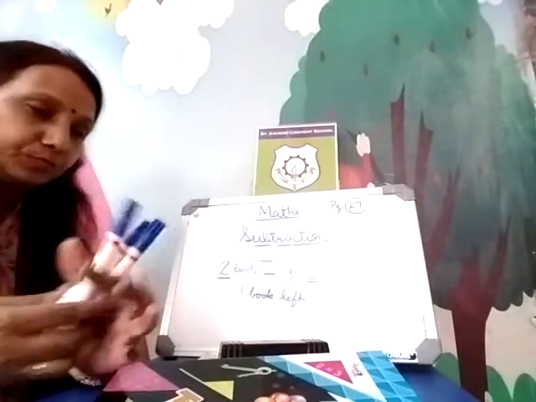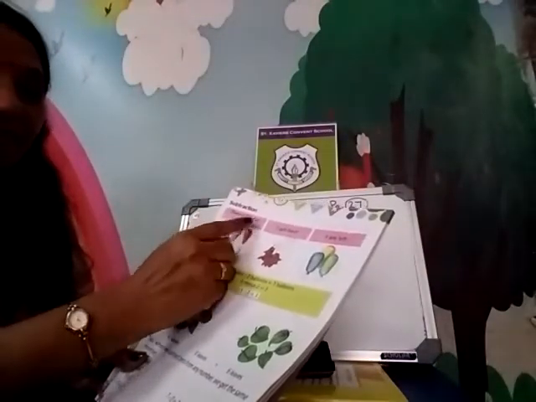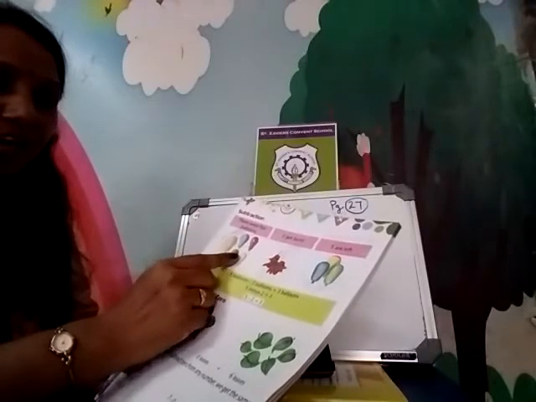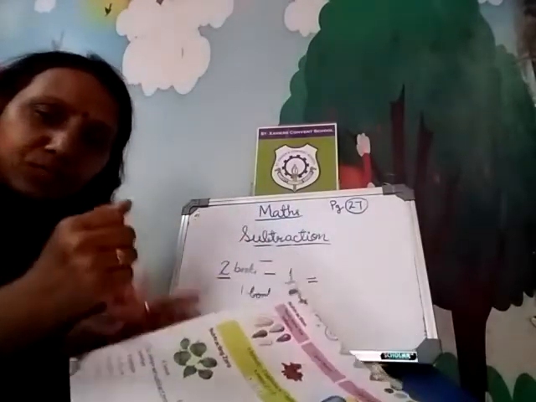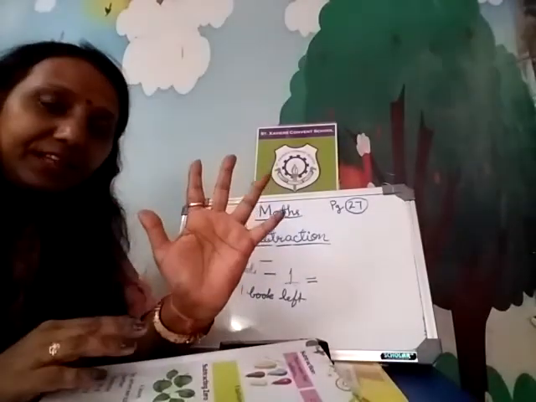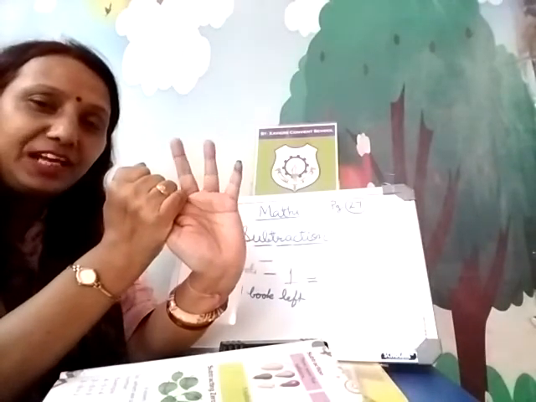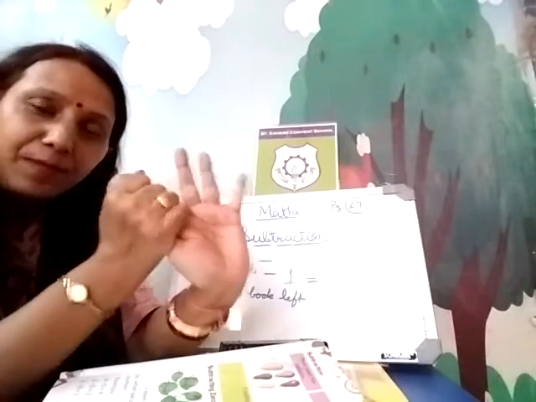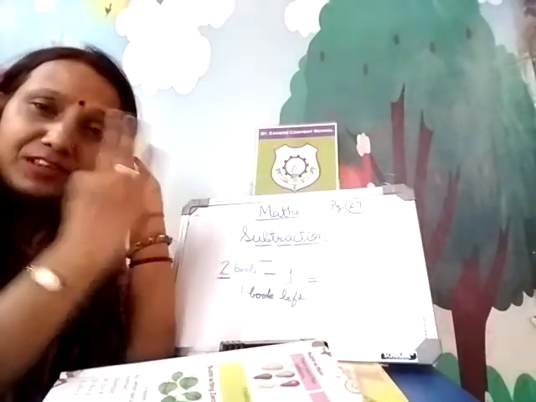Now I will tell you how. You can see that there are 5 balloons in this picture. How many balloons? 5. 2 got burst. 2 balloons burst. And then how many left? Out of 5, there were 5 balloons. You love playing with balloons, huh? So 1 and 2, 2 balloons burst. Then how many left? 1, 2, 3. 3 balloons left. Out of 5, 2 balloons burst, and how many left? 3 left.